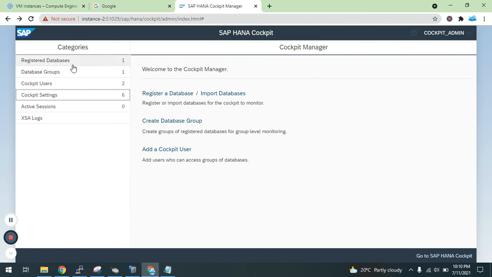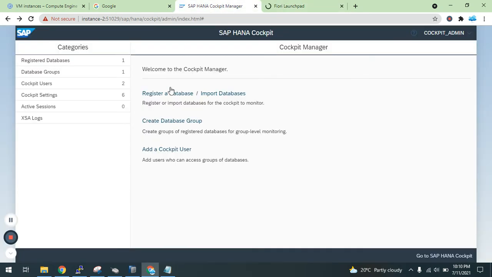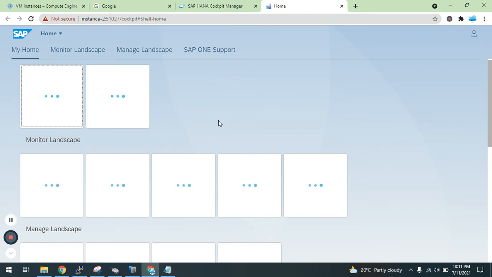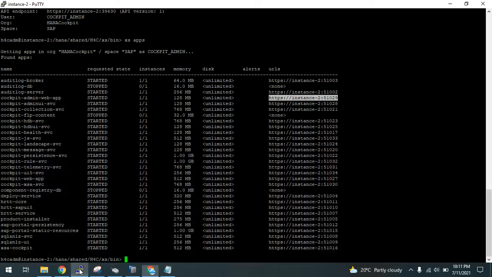Now let's check whatever database we have added, correct? Let's check in the cockpit how we can monitor it. Here you will have the button Go to HANA Cockpit. Just click on this. It will redirect you to the monitoring link, which is basically HANA database monitoring. This first link is for administration, which I just covered, and the second link you get redirected to automatically is for your monitoring. The same link you can also find over here, which I showed you, correct? So all links are available.